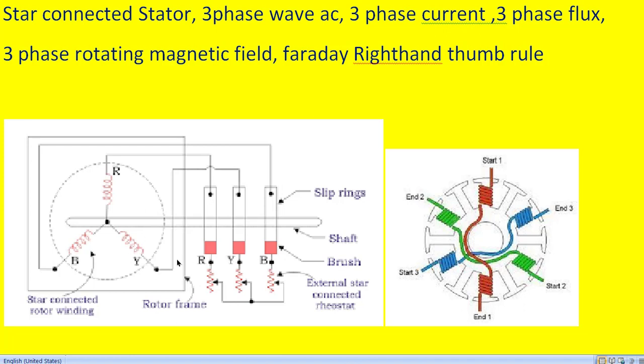So if you look at this, this is the star connected stator winding, R, Y, B. These are the three windings, and its shaft